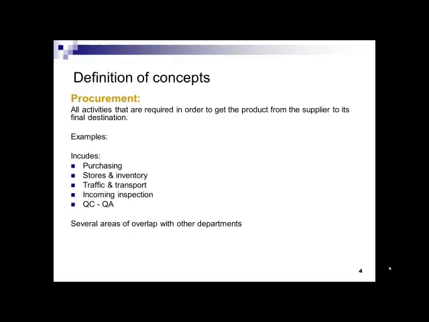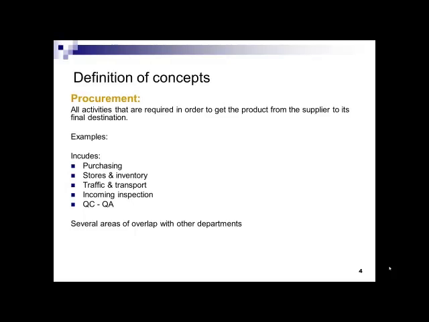So the purchasing department has a duty, if you like, to make sure of how the stuff actually gets to the premises where you're going to be using it. It's no use doing a fantastic deal on a product only to find out later that the stuff is not delivered, and then you have to pay extra to get it to your premises. So as part of the procurement process, somebody has to think about how you're actually going to get the stuff to your place. Then there's matters of incoming inspection.